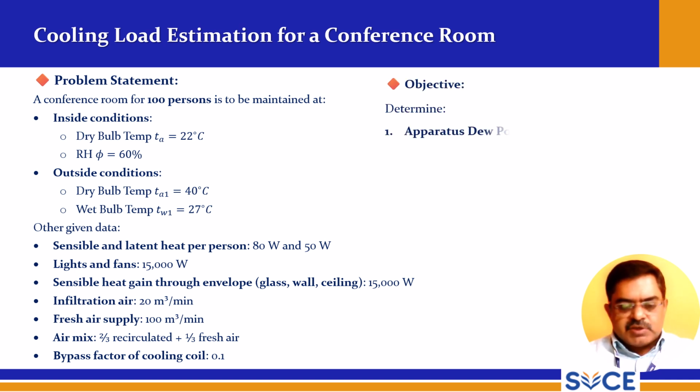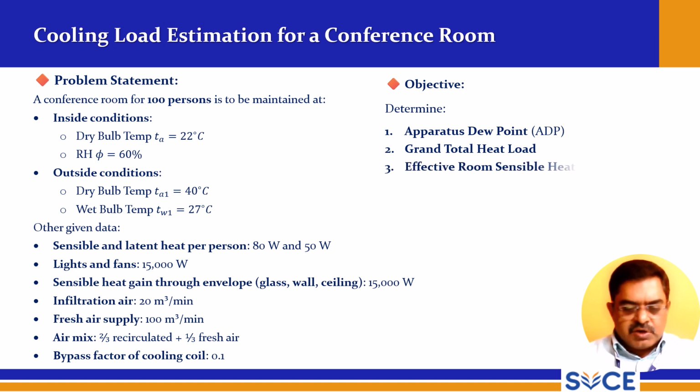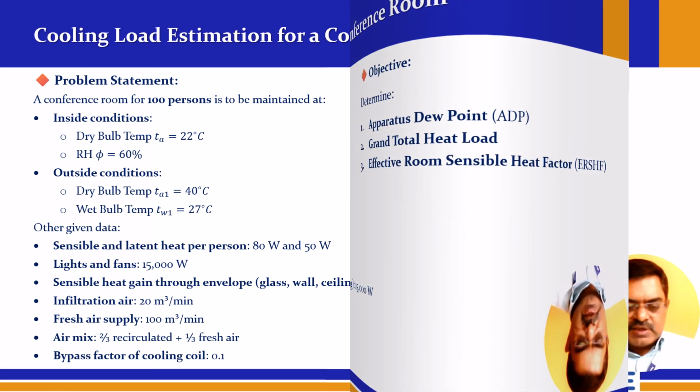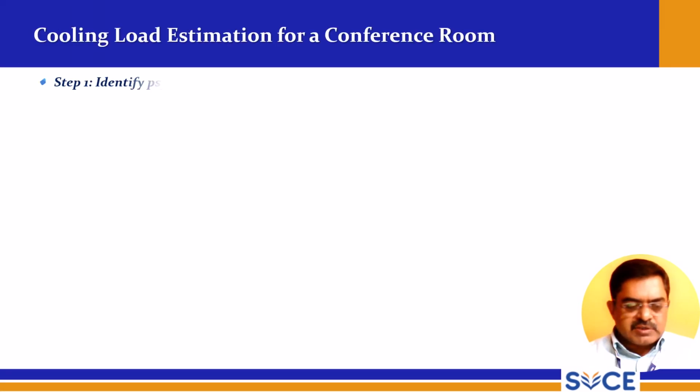So now the objective is to determine the apparatus dew point, that is ADP, and the grand total heat load. ADP is apparatus dew point. This is also one of the important calculations in load calculations. And the effective room sensible heat factor, ERSHF. So these three we have to calculate. So, first step,